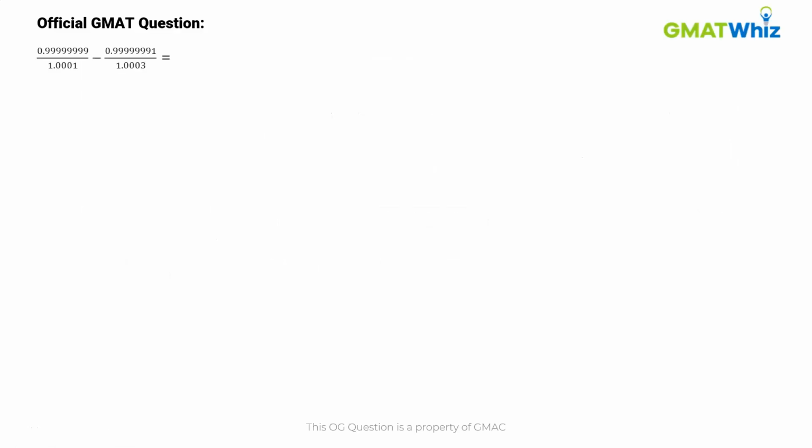In this question we have to find the value of this given expression. Before solving the question, let's try and understand with the help of a few examples how to represent such numbers in the form of exponents. This will help us to solve this question easily. Now, if we have the decimal 1.1, we can write this as 1 plus 0.1, which can also be written